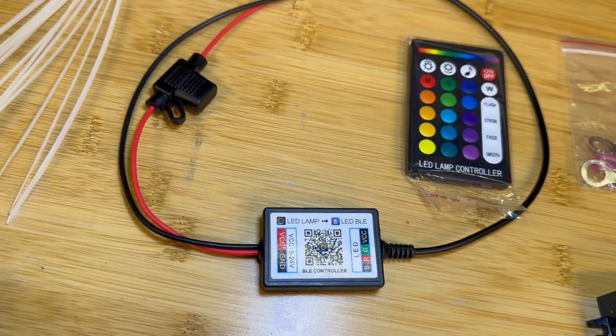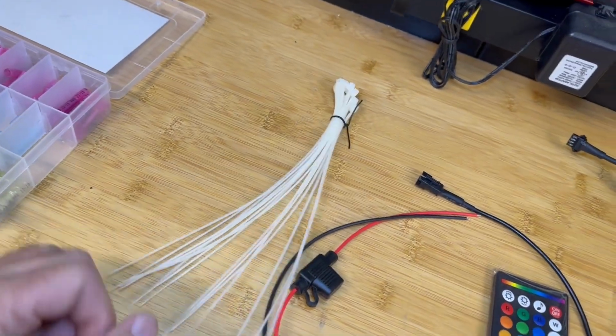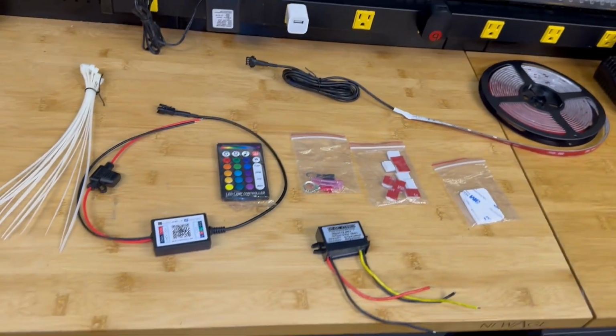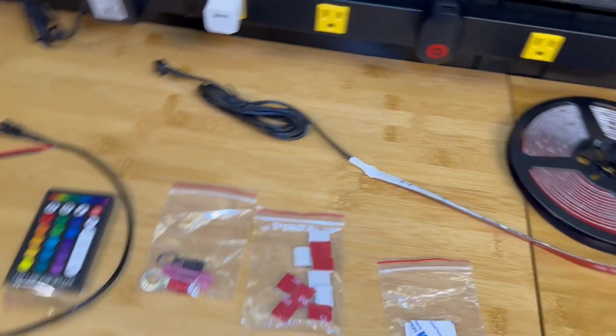Here's to get the app going. It does have an app, your controller. These are the zip ties that came with it. It is fused. So that is what the kit includes. So I'm going to make a plan here and we'll be back with you. Before I get going,